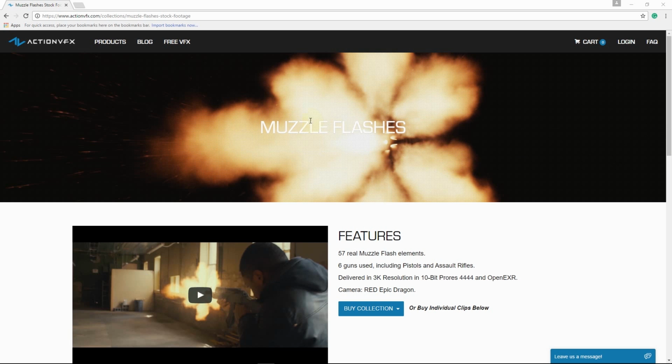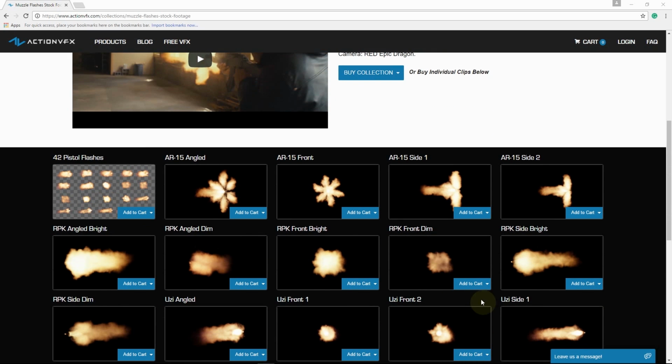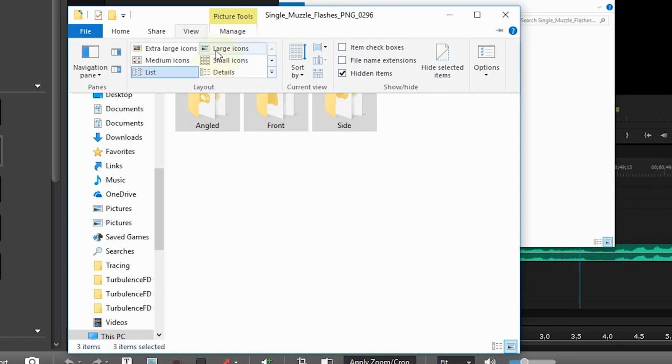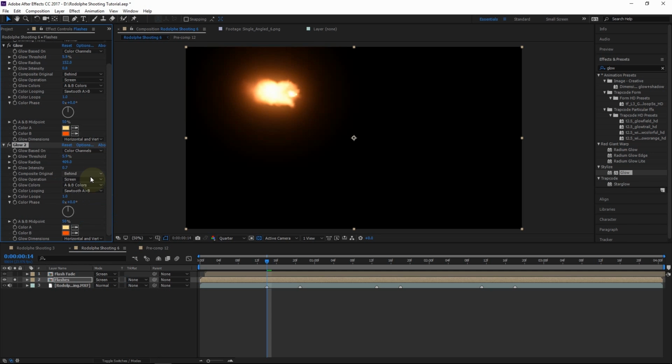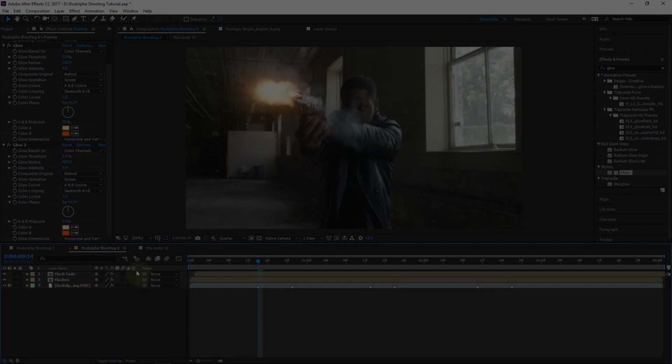We're going to be using the muzzle flashes from ActionVFX.com. Specifically, since it's coming from a pistol, we're going to use these 42 pistol muzzle flashes, and these work really well because there's a lot of variety. 3 different angles, you can rotate it however you need, and it's really high resolution, so these are going to work really well, and that's what we're going to be using today. So let me go ahead and start showing you guys some of the awesome stuff you can do with these